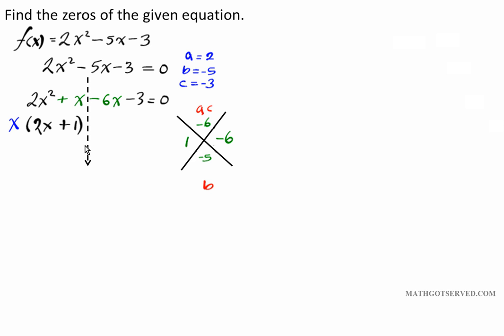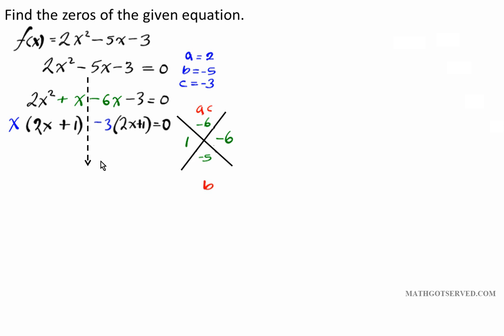Now let's shift our attention to the right side of the partition. We're going to apply the same procedure. We're going to ask ourselves, what is the GCF of the 2 terms? What is the greatest common factor of -6x and -3? The greatest common factor is -3. One thing to keep in mind is whatever number you factor, you always retain the sign that's to the right of the partition. So if this were plus, the GCF will have a positive sign also. Now we factor out -3 from these 2 terms. It's as though we're dividing these 2 terms by -3. If we do that, we'll end up with